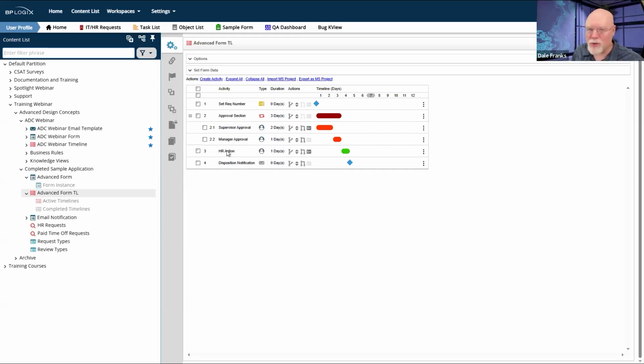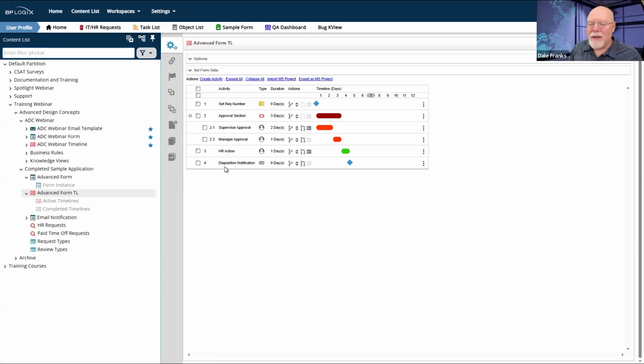And then HR does whatever it is that they do. Once HR is done, I'm going to tell you what happened. If your vacation was approved and HR put in as their signature comments, vacation approved, you have 14 hours of PTO left, and they hit their HR action complete button, I should get an email that says that my vacation has been approved and I have 14 hours left.